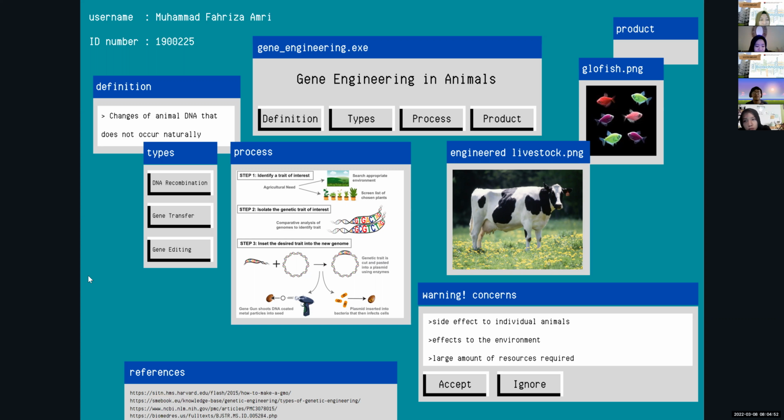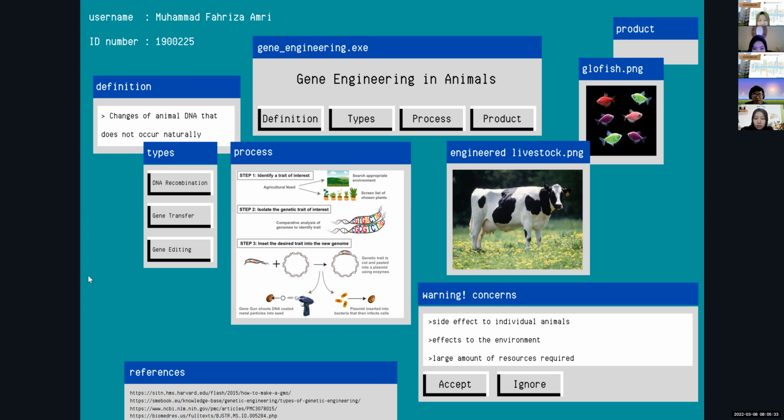And yeah, from that, as you can know, gene engineering in animals sounds very amazing because it produces things that supposedly are superior to the natural ones. But then again, there are some concerns. First of all, there are side effects in individual animals, because while we do this so that they produce desired products, desired traits from the gene that we introduce, the thing is,